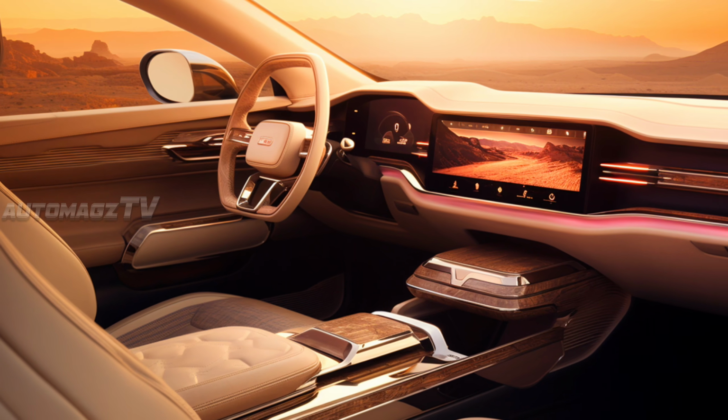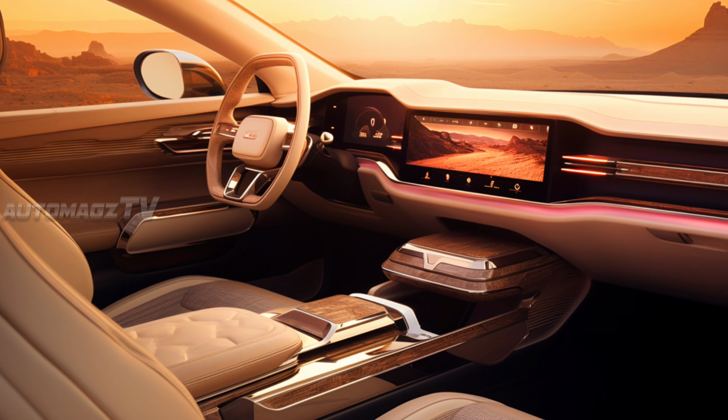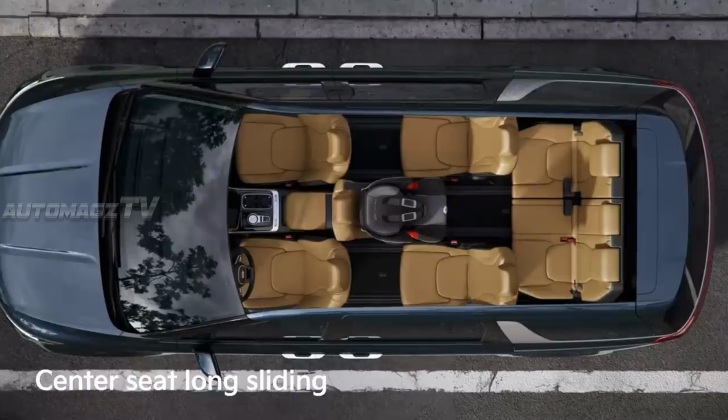According to the Today report, the refreshed Kia Carnival will undergo some changes on the interior compared to the outgoing model. Its instrument cluster, door decor elements, speaker grille, and center console